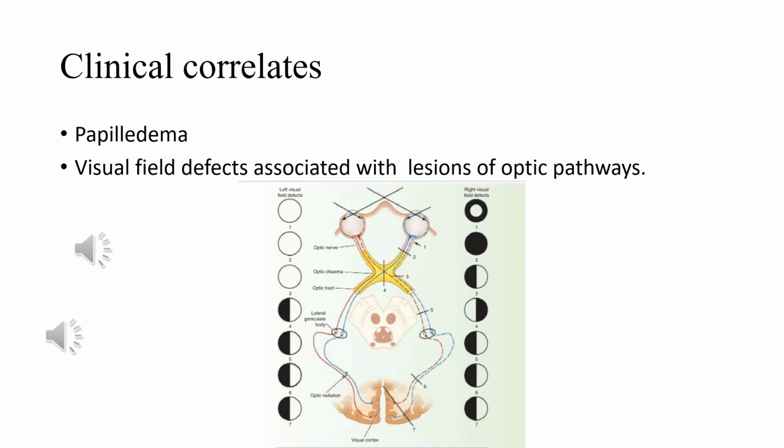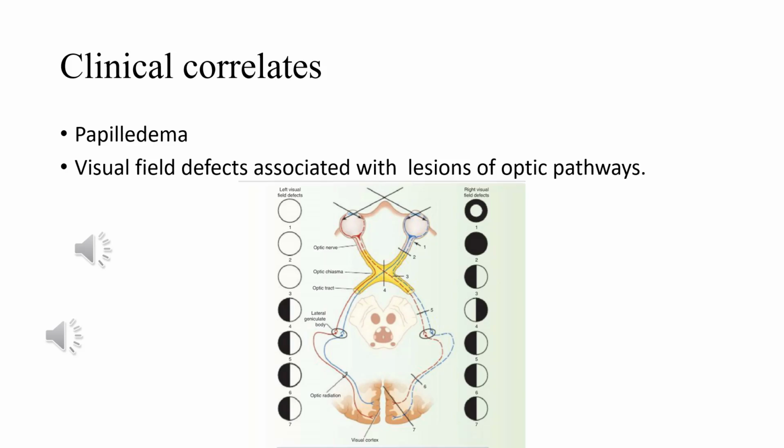whenever there are conditions in which the intracranial pressure is raised, these pressure changes are also transmitted around the optic nerve. This level of the optic nerve, from where it is leaving the eyeball, the area of the optic disc, is also the area of entry and exit of the central artery and vein of the retina.